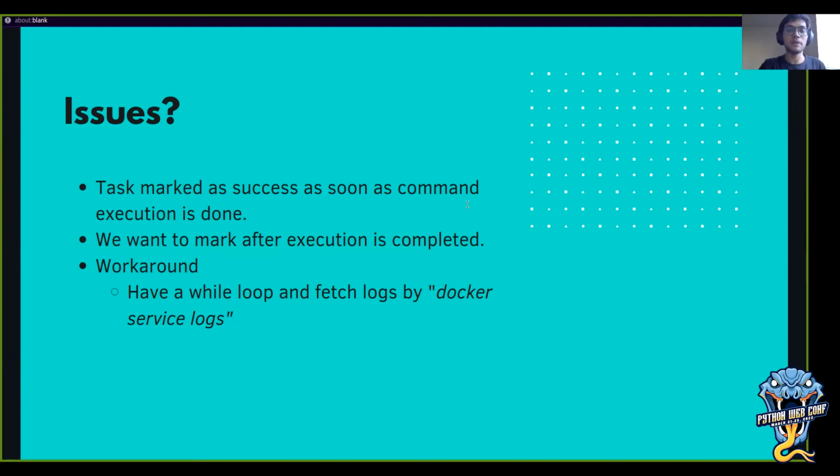But in this implementation, as soon as the service is created, the task is done, right? Also, we will not be able to fetch the logs of the command executed inside the service. There is one workaround: we could have a while loop, continuously check the status of the service, and fetch the logs from the currently running service. But the state of the task was marked as finished, as a completed task. So this was not a proper